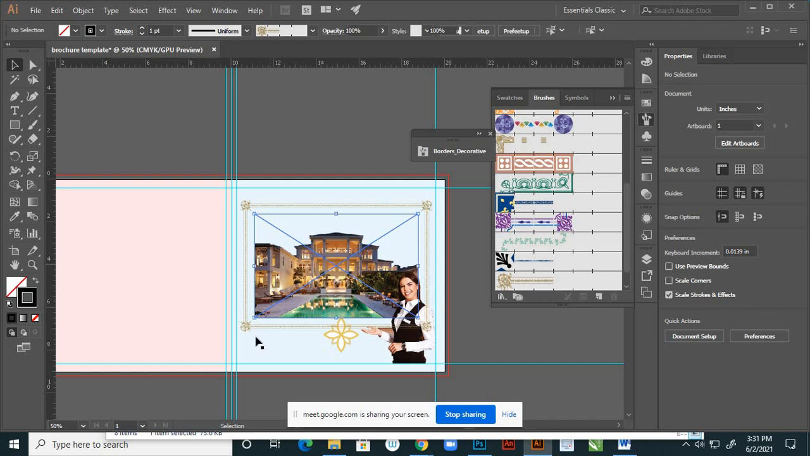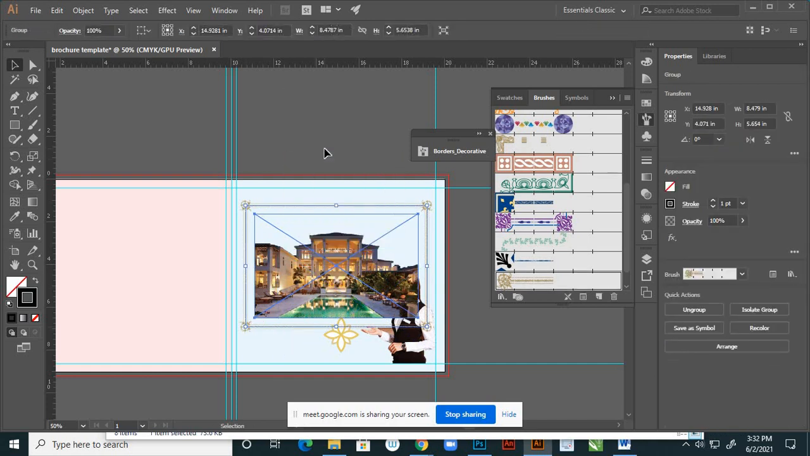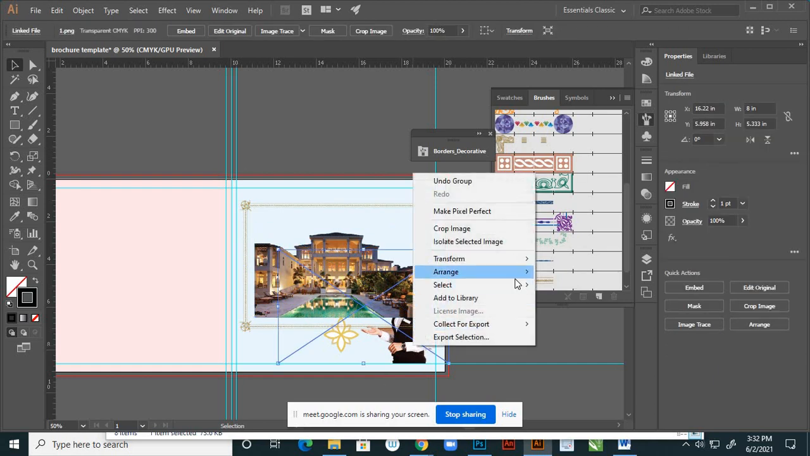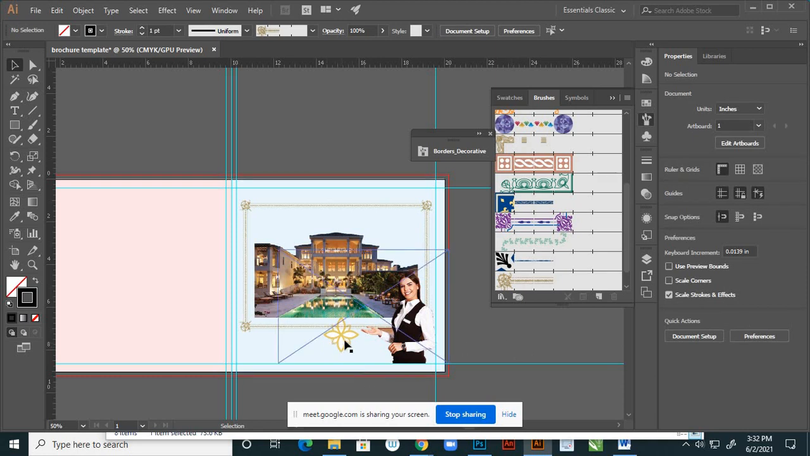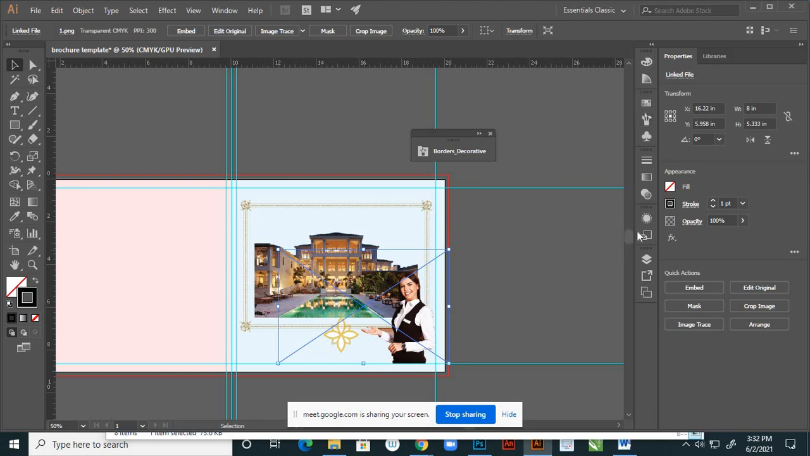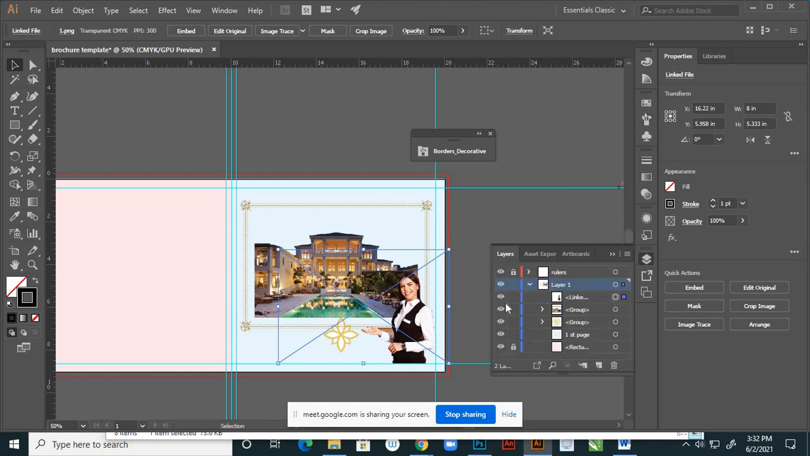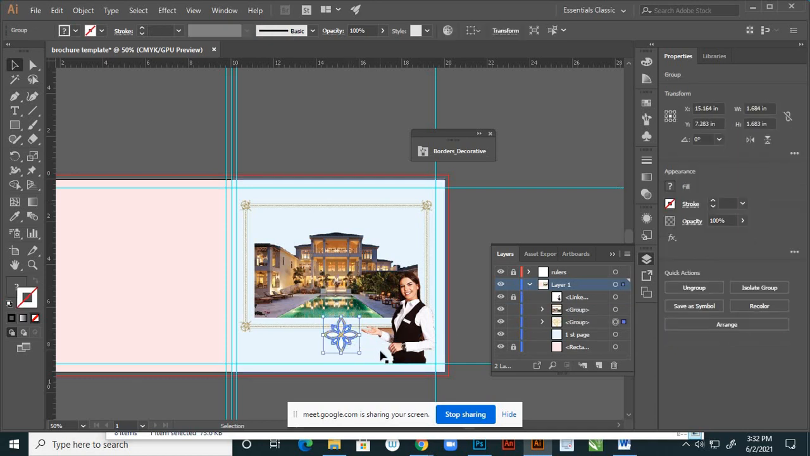Okay, now group these two, group, and this you can Arrange, Bring to Front, right? Now select this one, this logo. Yeah, lock this one and select this logo, reduce this size,